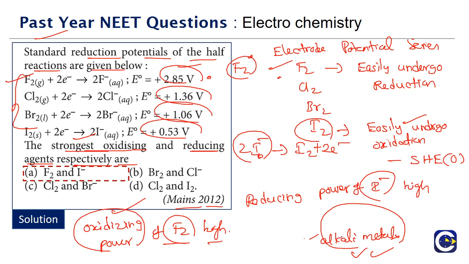This is a very standard type of question. Whenever we have these kinds of questions, we first begin by arranging these substances the way they appear in the electrode potential series, and then we can analyze. The ones at the top, reduction is easy. The ones at the bottom, oxidation is easy. Then we will be able to answer any type of question they are asking.